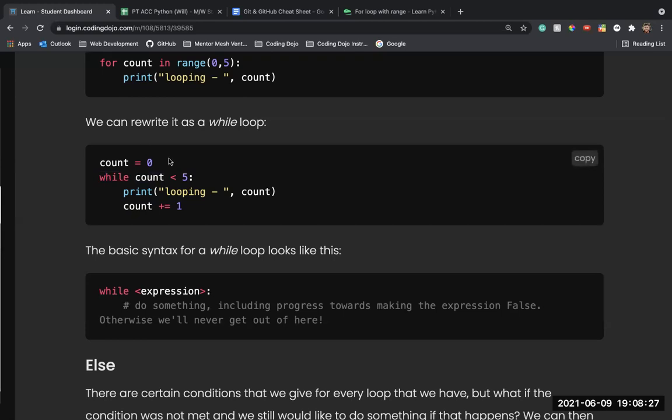Like you don't know when that's going to happen necessarily. That is where a while loop comes in. So this one is kind of a weird example because you're like, oh, I know that this is going to end when it's less than 5. But basically, when you can say, while GameStop stock is less than $350, you don't know when that is going to end, right? You don't know if GameStop will ever get back up to $350. You don't know if it'll ever get lower, whatever, right? You don't know that. So that's where a while loop would come in.